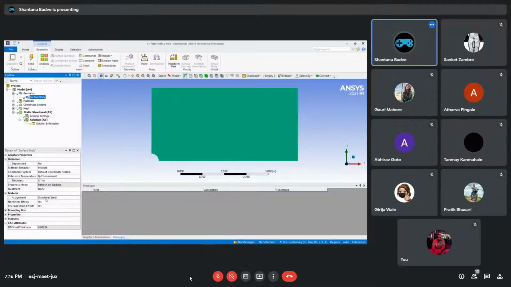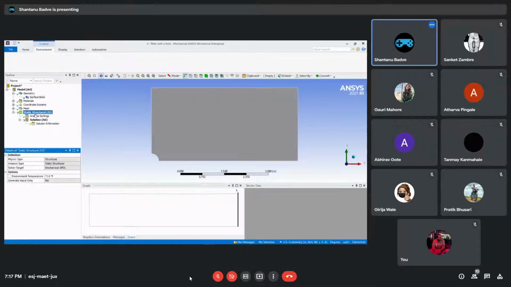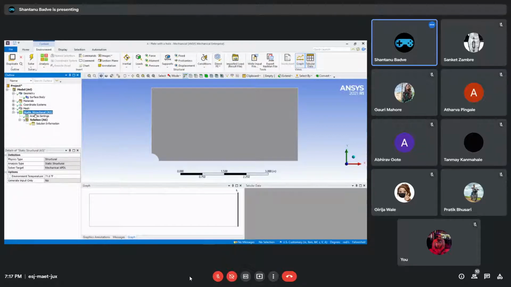Its assignment is currently set to structural steel, but we know that we have created a material called SFM. If you just click this drop down, you will see that SFM is there. Just click it, and now it is assigned. So now the geometry is actually using the SFM material instead of structural steel. Okay, so now the material assignment is done. Second thing, we want to set up our forces.